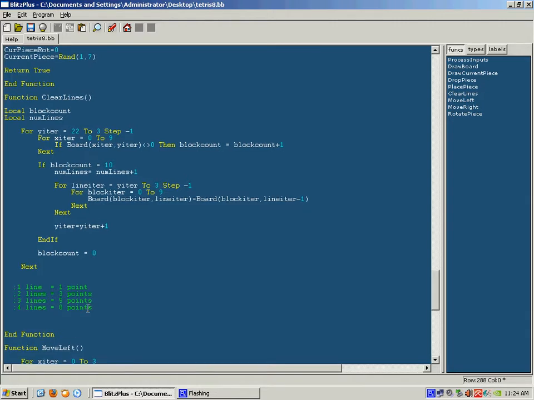So this comes from the number of lines completed at any one time. So if num lines is larger than 0, i.e. we've completed some lines, then